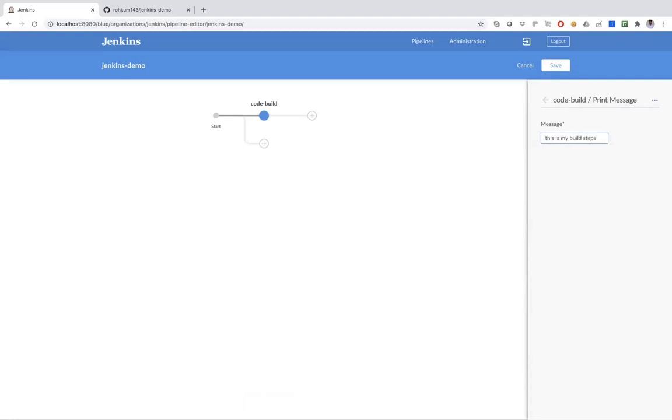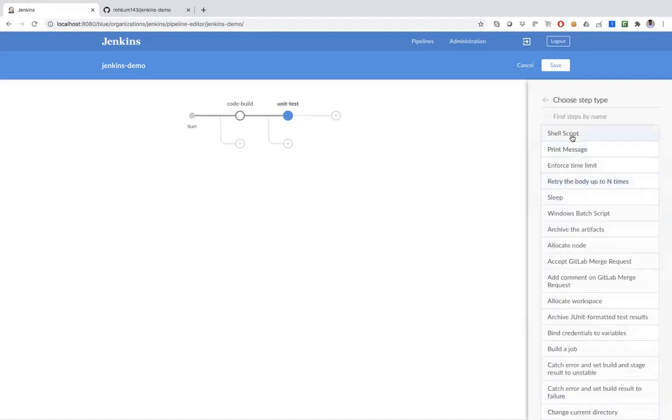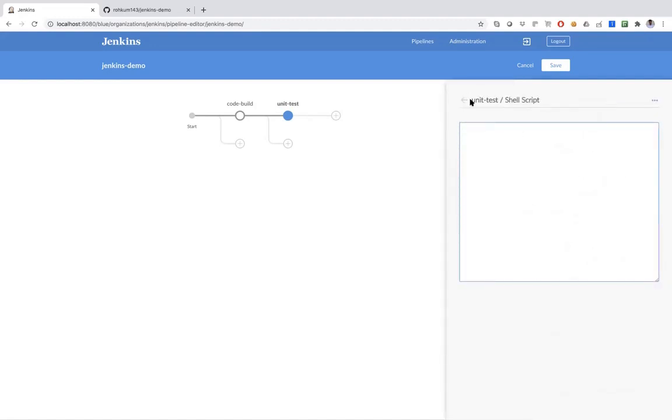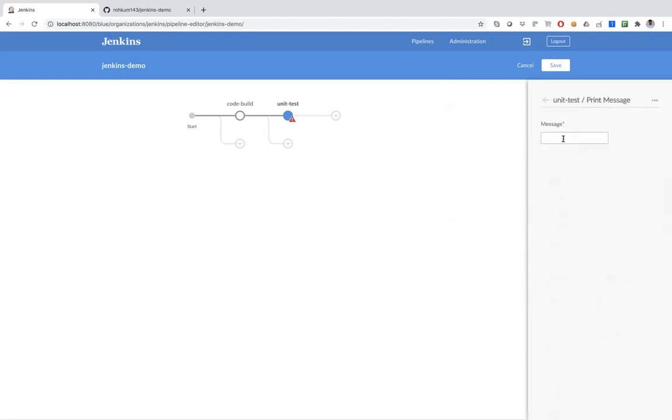Now I'm going to create the next stage. Suppose I have to do unit testing. I created this skeleton for unit testing, and again I'm going to add the step, either a shell script, or I'll use the print message, which looks good for me.